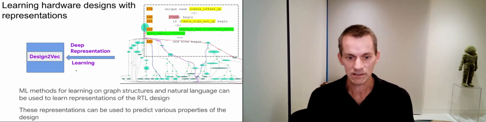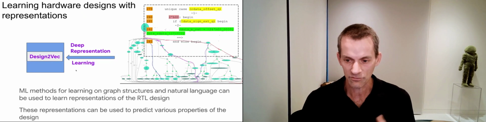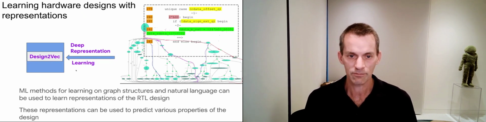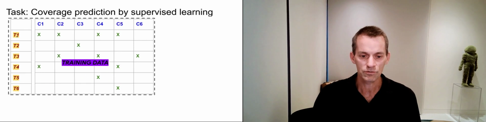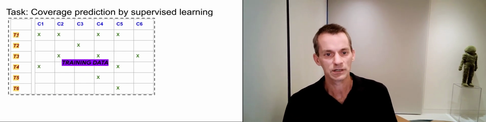So the question is, can we actually use deep learning to learn a continuous representation that can predict answers to these state reachability queries? And more importantly, can we actually scale this to real-world size designs? Since that's ultimately what we care about. And really, the approach used is to take input like this and then to learn dense representations of all the different components of the chip in a graph neural network that we can then use to predict various properties of the design. And the properties we want to predict are, for example, coverage for different tests.